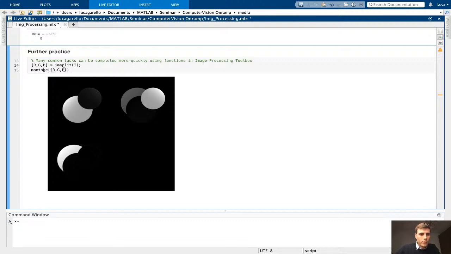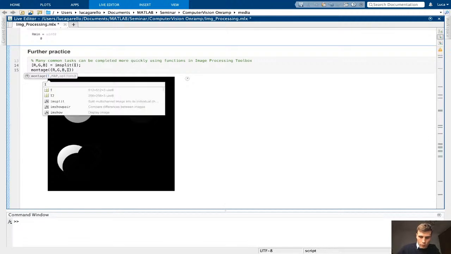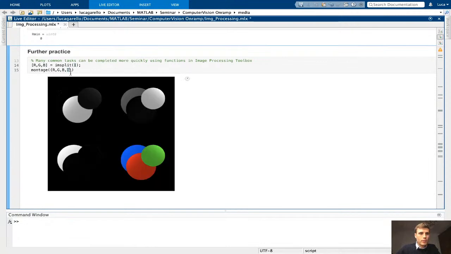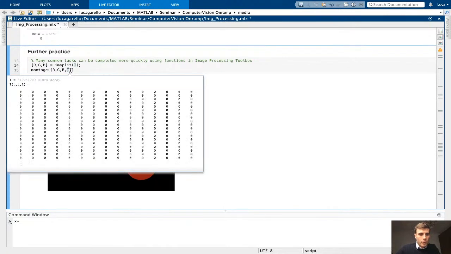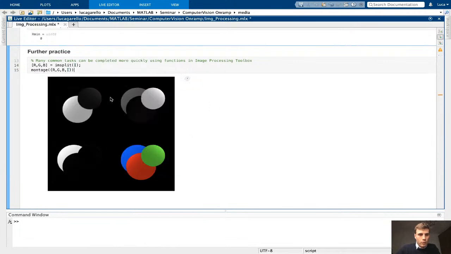It's another function that allows you to plot different images. In this case, we have 3 images, so the 4th place will be empty. This dark is because we are not showing an image here. If I pass another argument that is the original image, we are able to see the 3 channels, red, green, and blue,